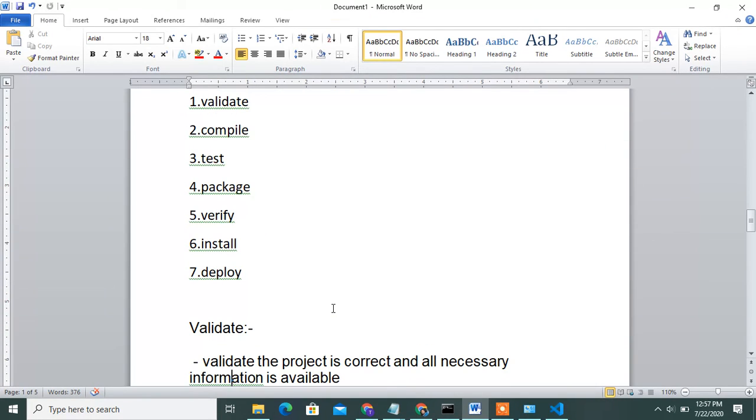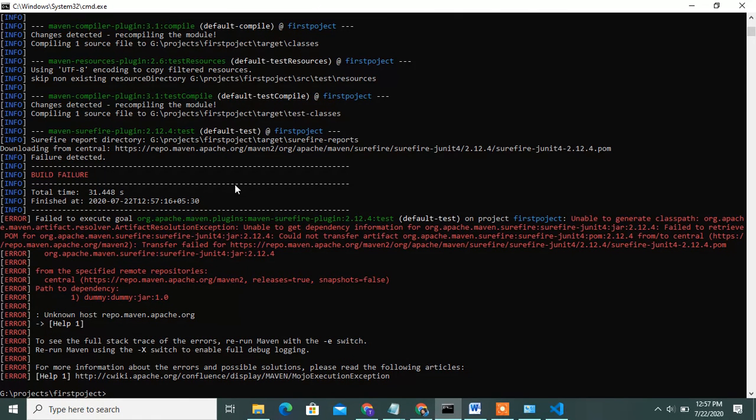Once mvn clean package is run, then it also does validate and compile. This is done totally. What is the error? Plugins also is a mistake.